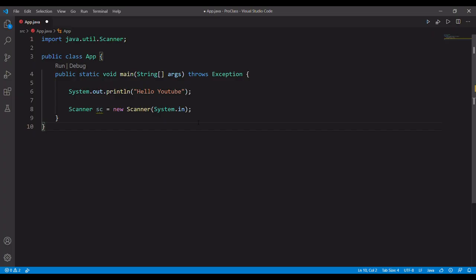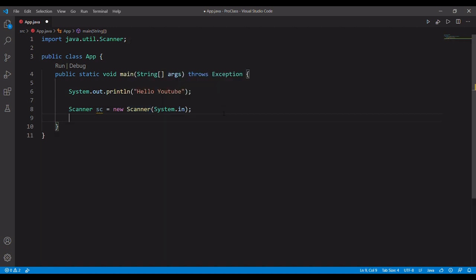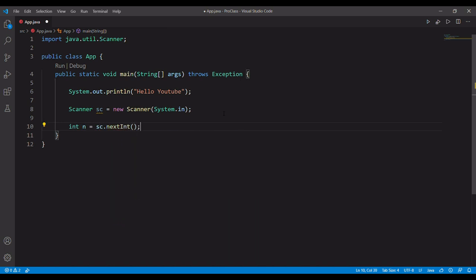Now to use the scanner class, we first import it from the java.util package. Then we create an instance of it and pass in an argument System.in, which tells it that the input is going to be coming from the user. Now as we want to take input for an integer, we will first call the method nextInt of the scanner class. What it does is it assigns the value of 4 to the integer n.